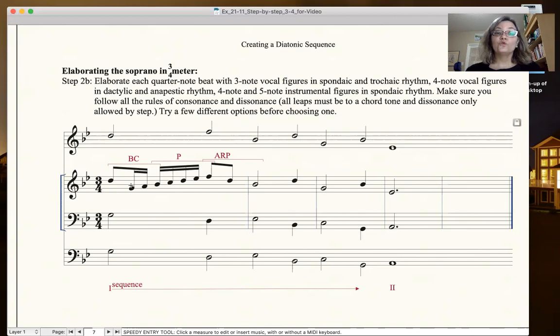Okay, try a bunch of options before you put one on the page. Have some manuscript paper, try a bunch of them, and then play them with the bass. If you have a computer program, do this and make sure you like how it sounds. Make sure your leaps are all to chord tones, right? So this whole first half note is a G, B flat, D chord. Make sure any leaps are to G, B flat, or D, and this is D leaping down to G, so